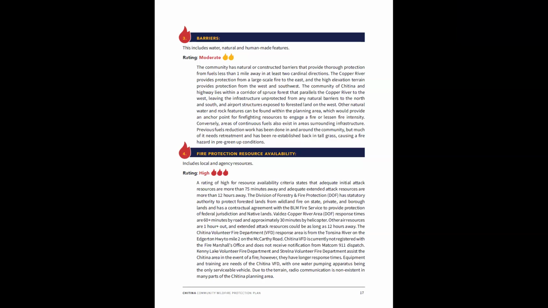Yes, Chitina, we are going to be going after some hazardous fuel reduction grants through Forestry and Department of Homeland Security this coming fall. We were really just waiting for this plan, and now we have this plan, we can start working at doing the fire breaks and doing some hazardous fuel reduction work in the Chitina area. And we're also looking at some other projects with the state of Alaska along the same lines.